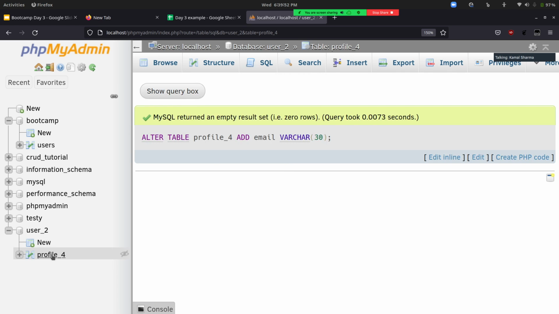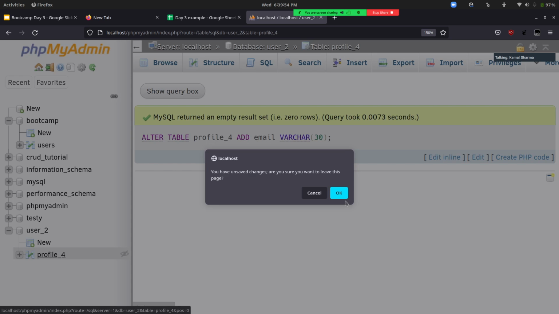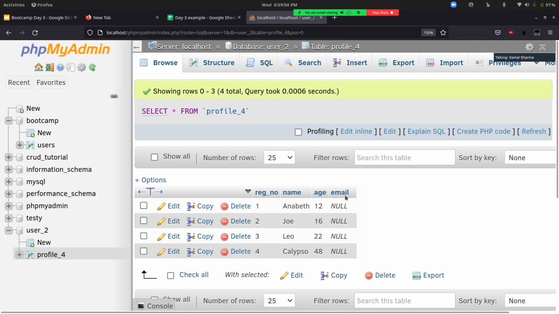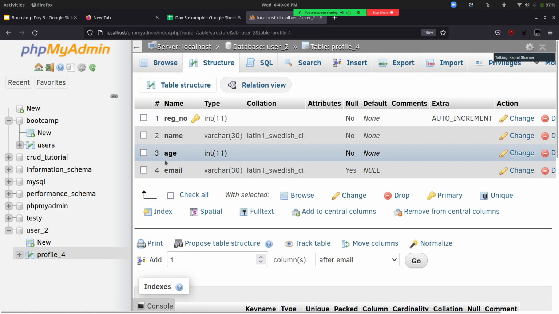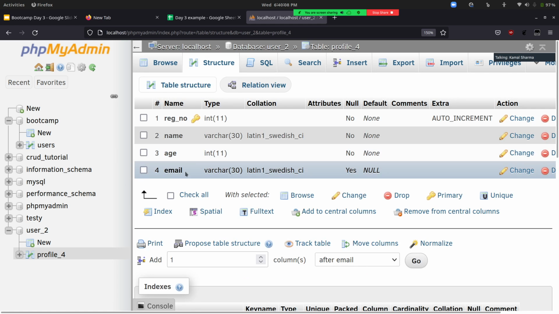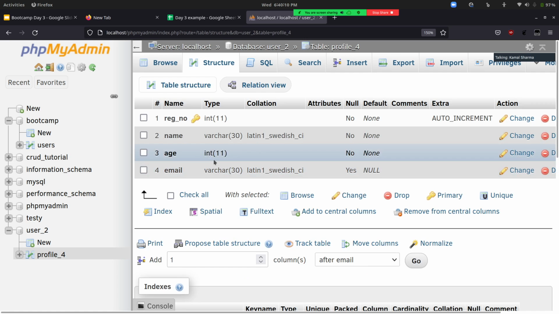And if I go to profile, I'll click OK. Since I didn't specify whether it should be empty or not, it has filled some values for us. When I click on structure, we can see that it has added a new column for us. Email is a column now.